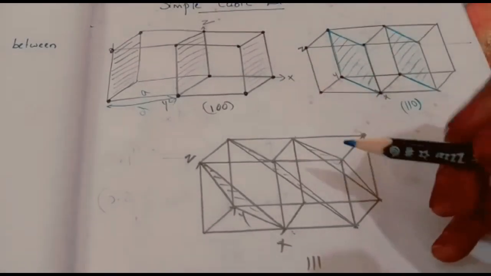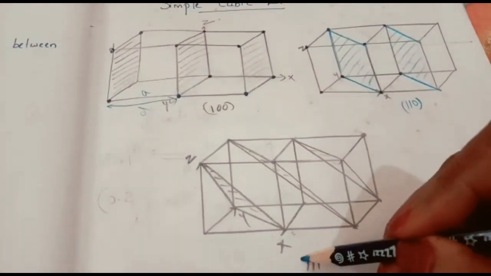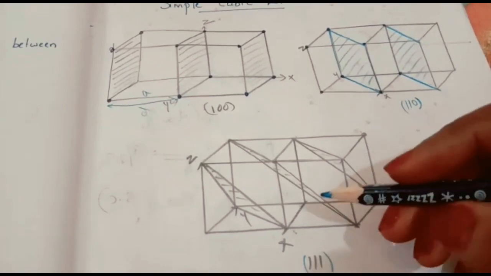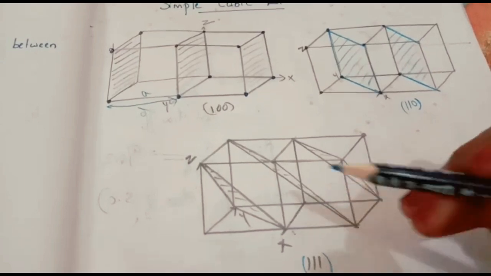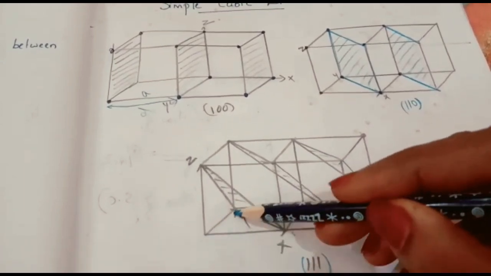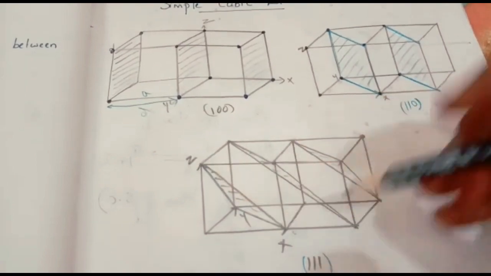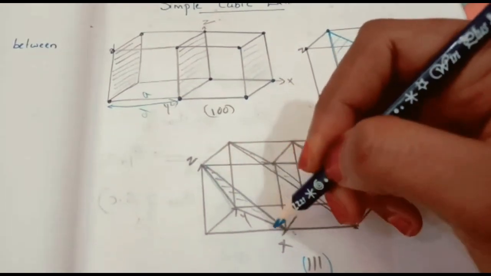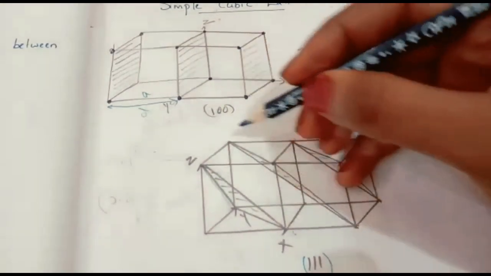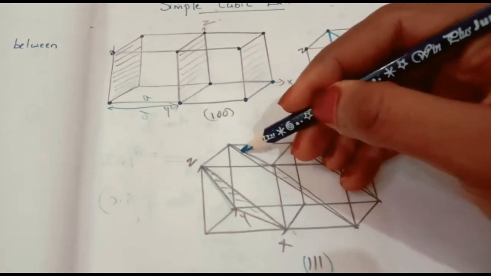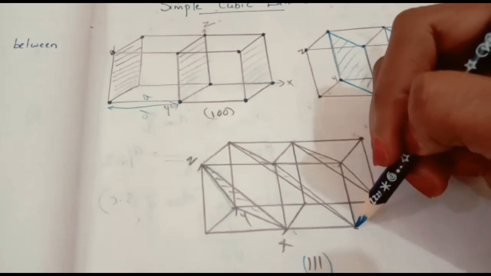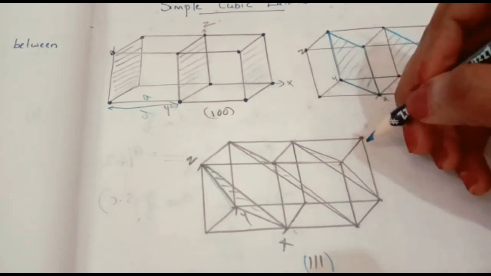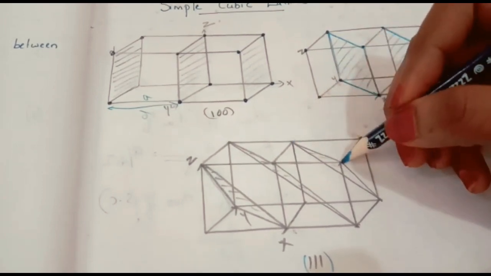Next is 111 plane. 111 means that the plane should touch the x-axis, y-axis and z-axis. That plane should pass through the x, y and z-axis. So here this is the origin, this is x, this is y and this is z. When you are connecting all these points, see here, these points, this one is x, y and z, 111. Then another one is this plane. First it will pass through this one, then it will move to this. Only by X-ray diffraction studies can we see these planes. Then connect here. Then another one is this one, this one and this one.